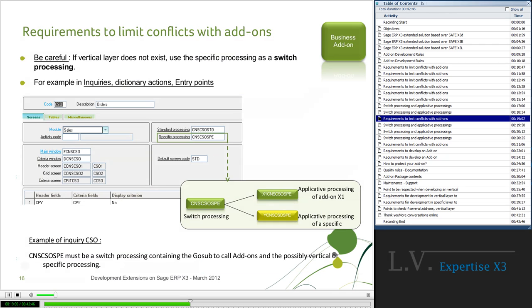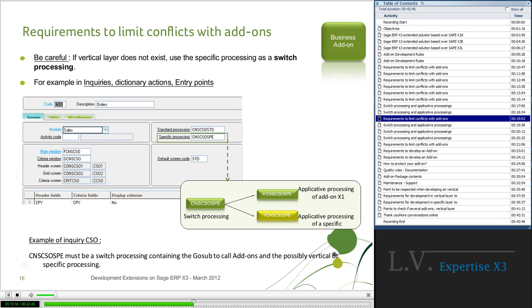This slide is to show you that in several dictionaries we don't have the vertical layer, so you have to use the technical switch processing even in the specific processing, even in the specific layer.